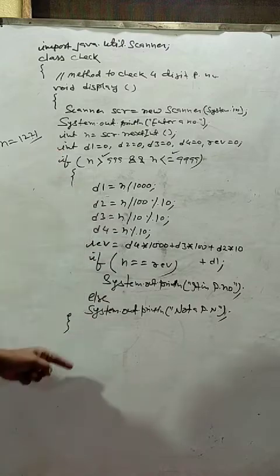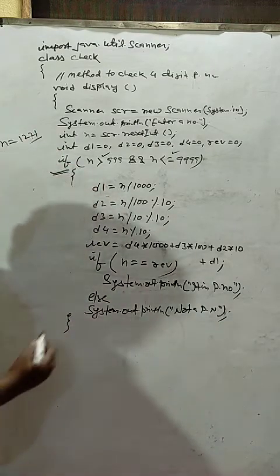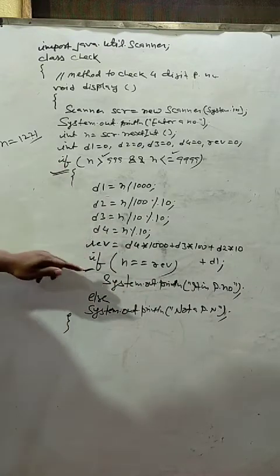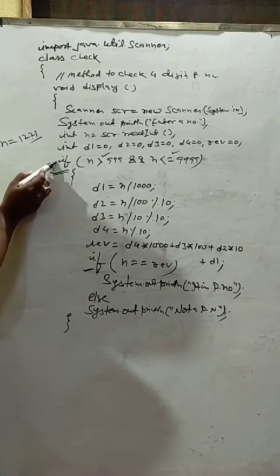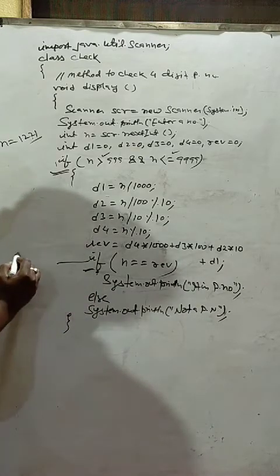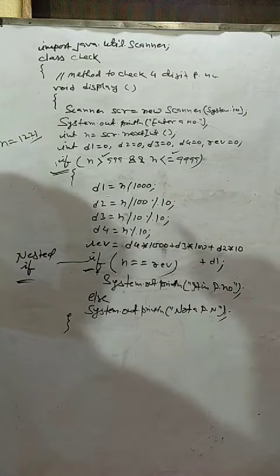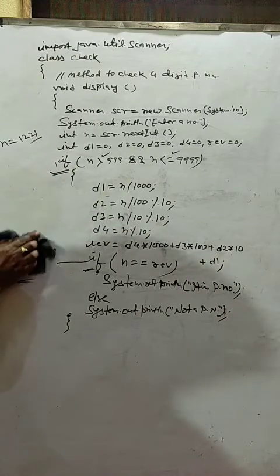See, this is the example of nested if. One condition we are checking here and one condition we are checking here. So an if statement within another if statement. This if statement is situated under this if statement, therefore this is an example of nested if statement. Got it? Now, program is not over.